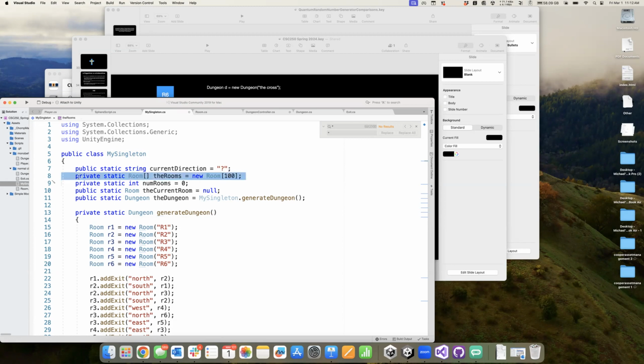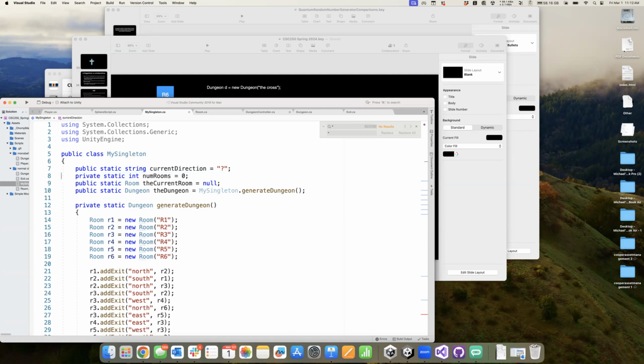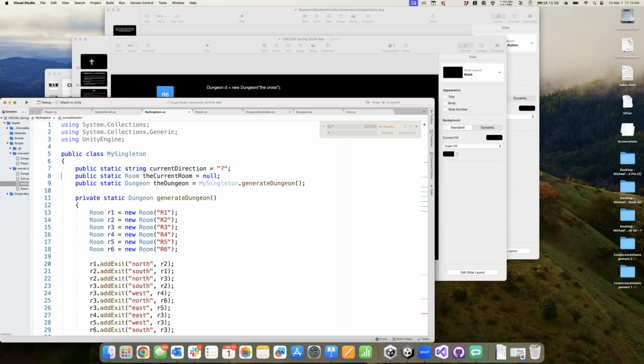I'm going to get rid of our collection of rooms here in our singleton, because now our collection of rooms is housed inside of our dungeon, and a room actually is just a mechanism to get to other rooms. So we can almost think of our collection of rooms as being distributed across all of our room objects by way of exits. So I'll get rid of that, which means